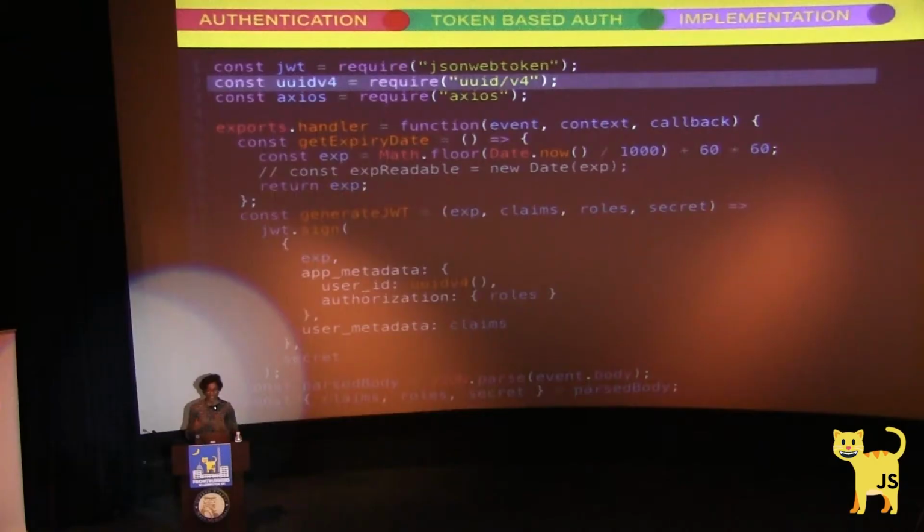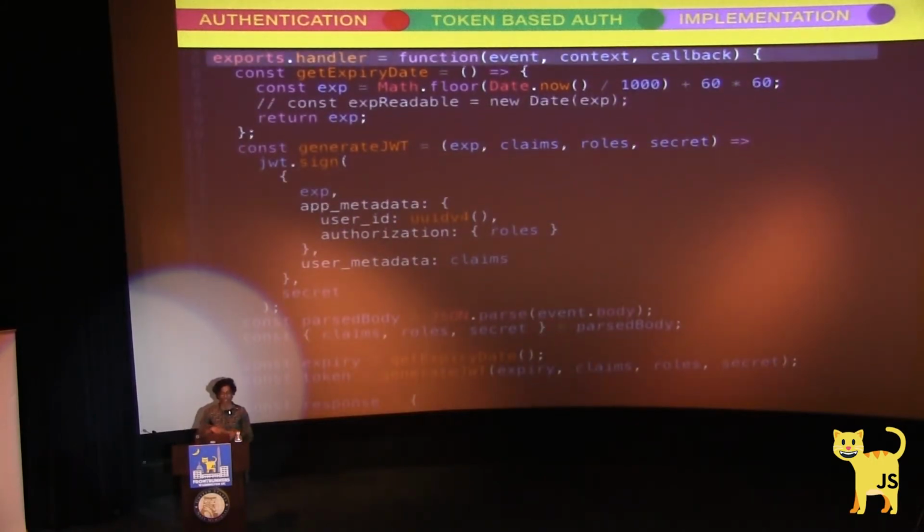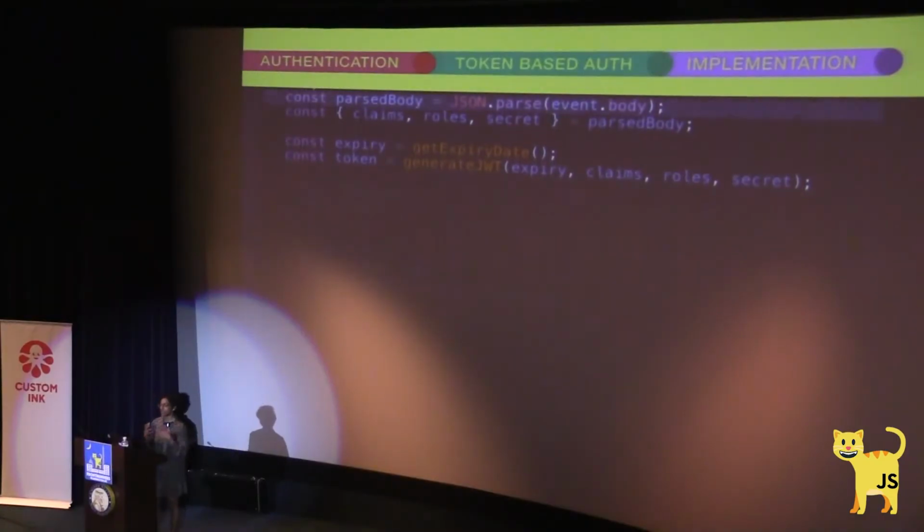And then I'm using a UUID library to create a unique identifier for that user. And then this is a very specific Netlify thing, which is that it uses exports.handler, which is just a way of writing functions if you use Netlify. Again, you don't have to care about this if you choose not to. The meat of what happens in this whole thing that you should care about is that there is an event body, which is what I pass that username and email or whatever to. And then I'm parsing that, and I'm grabbing specific pieces of it.